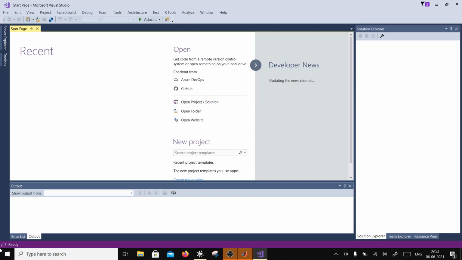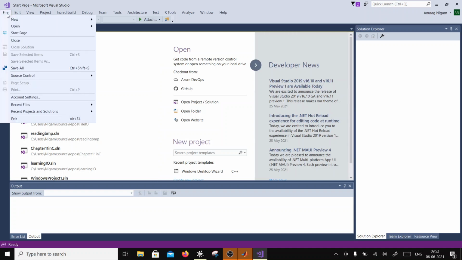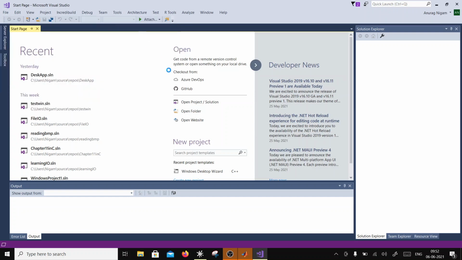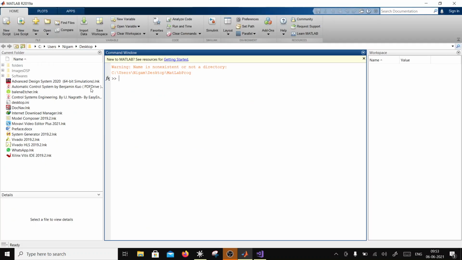So here I can write a simple code to open a 24-bit image. Let's go ahead and make a new project. While this opens, let's do a fast way of doing things. Here I can write a function or a script file in MATLAB.